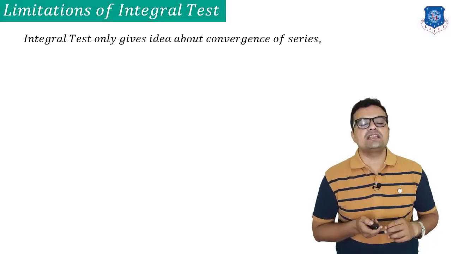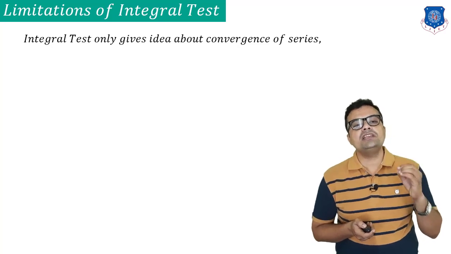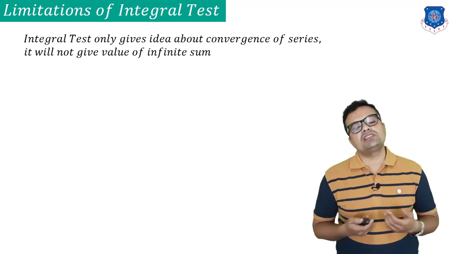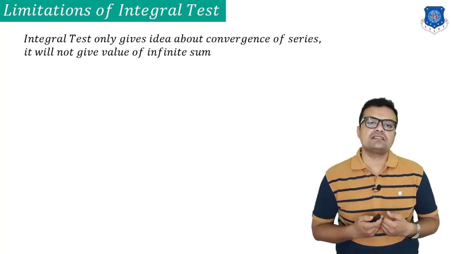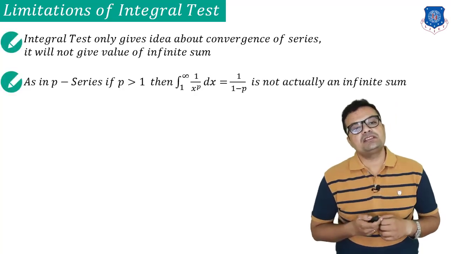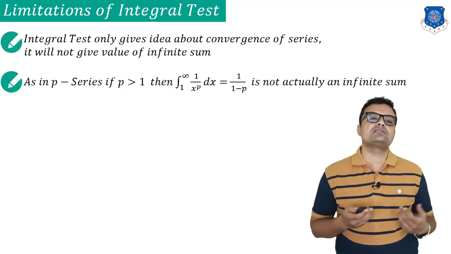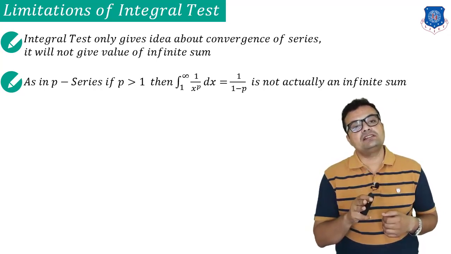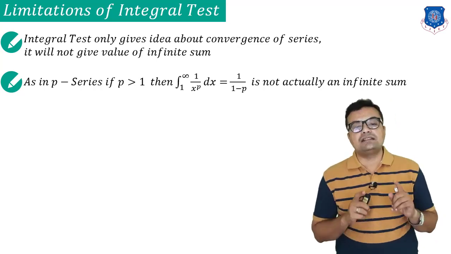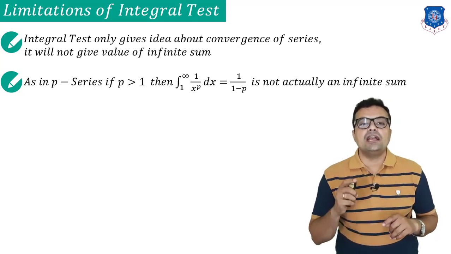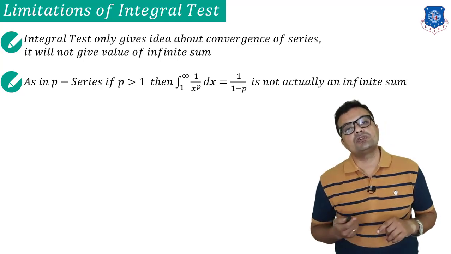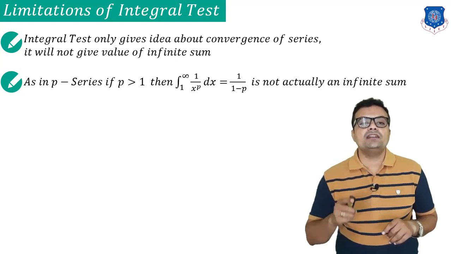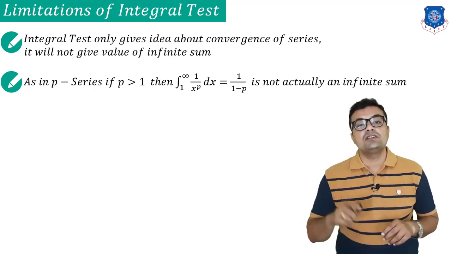The first limitation is that the integral test is only about verifying whether the series is convergent or not. There is no relation with the infinite sum of the series. Like in the case of the p-series, if p is greater than 1, it gives you the answer of integration 1 upon 1 minus p. This simply means that your series is convergent. This 1 upon 1 minus p doesn't give you any idea about the infinite sum of the series, summation 1 upon x raised to p. This simply means that we cannot find our infinite sum